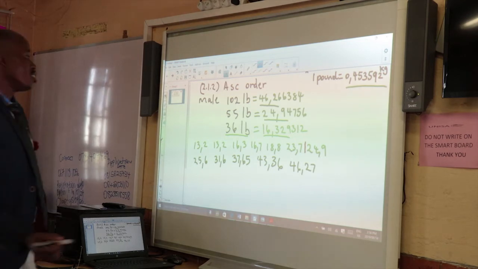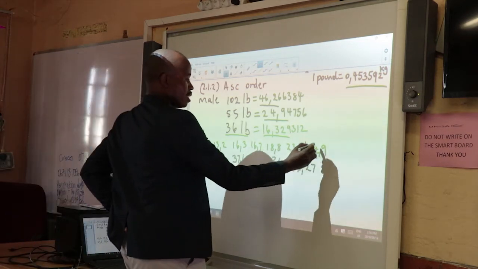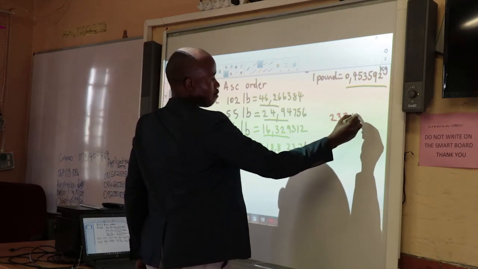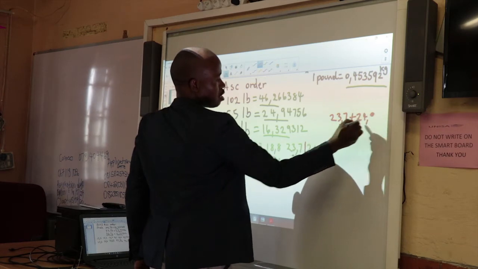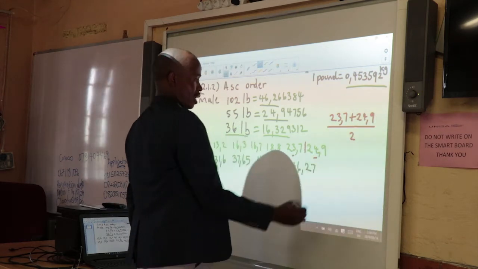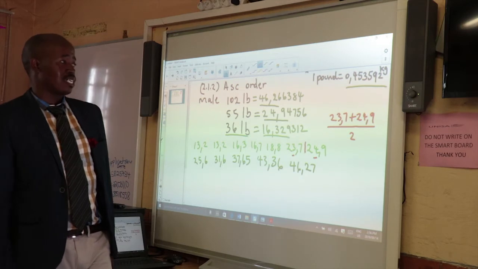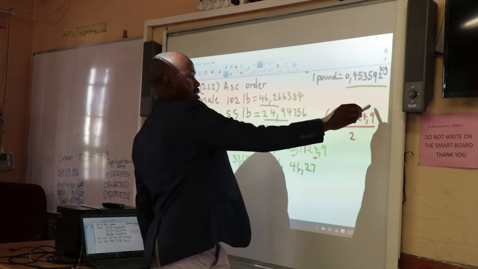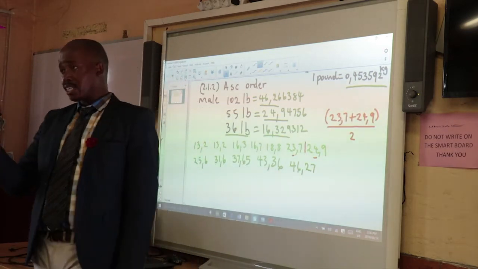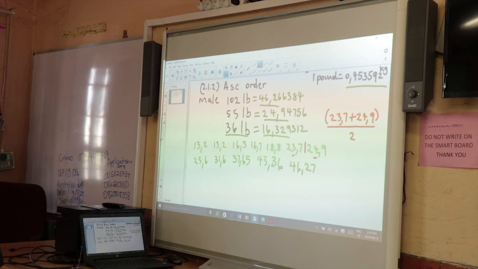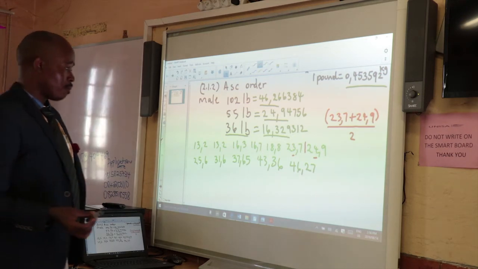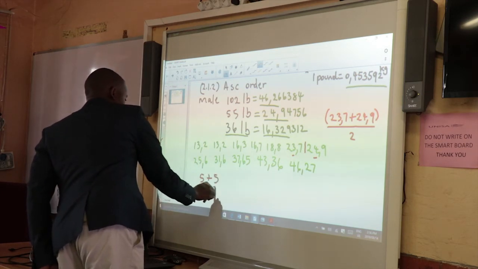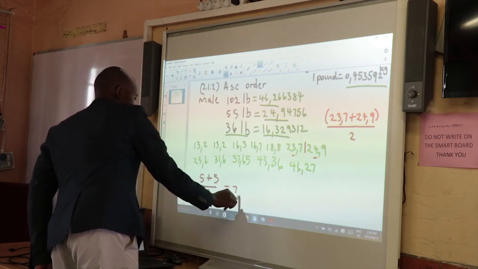Thank you, sir. Our median will add these two numbers, 23.7 plus 24.9 all over 2. Right? If you see that some of your learners are not familiar with the calculator or they are making errors, just make them put brackets, because there is a fraction function which can prevent the learner making a mistake. I'm talking about the mistake where 5 plus 5 all over 2, and learner gets 7.5